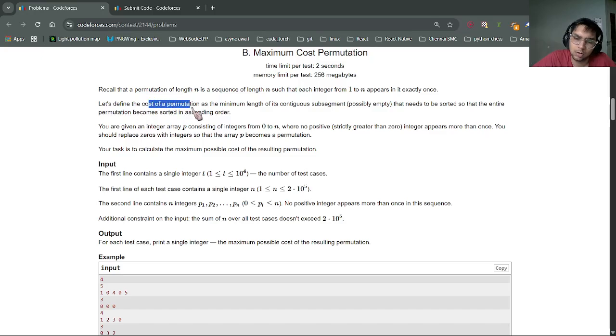Let's define the cost of a permutation as minimum length of its contiguous subset. The cost of permutation solved for the entire permutation becomes short. Minimum length of the contiguous subset. That means